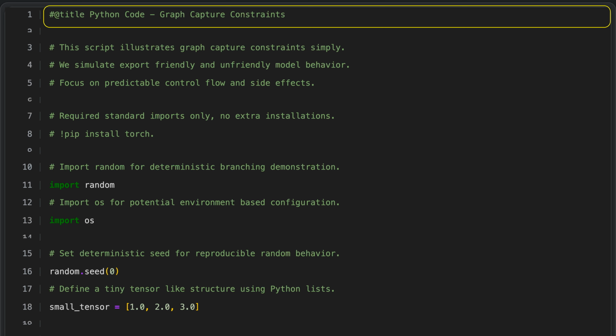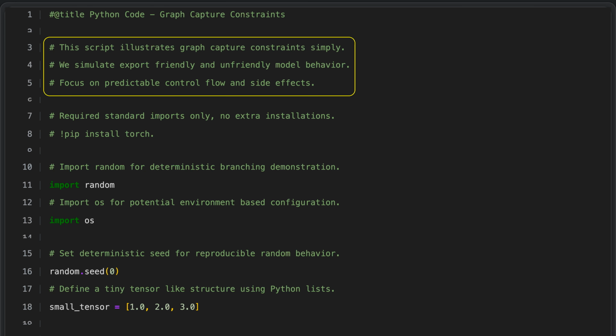Python code. Graph capture constraints. This script demonstrates the basic constraints of graph capture by comparing export-friendly and export-unfriendly model behavior. It highlights how certain patterns work well with graph export, while others cause problems. The main focus is on keeping control flow predictable and managing side effects carefully so that models can be captured